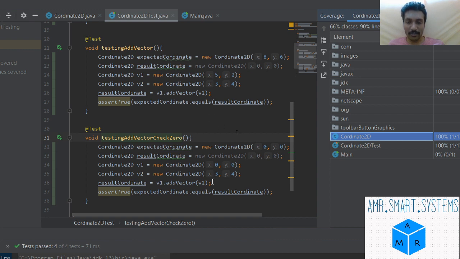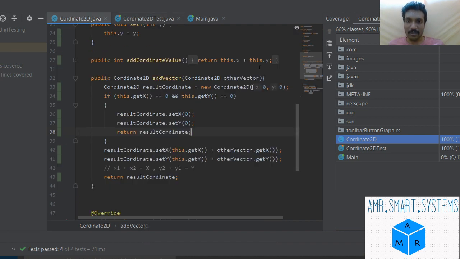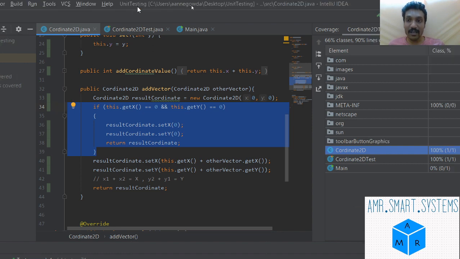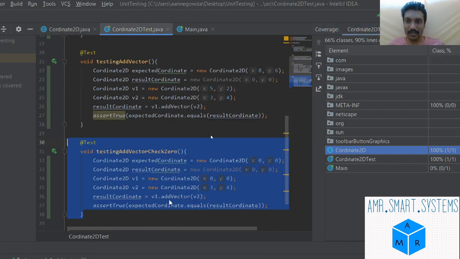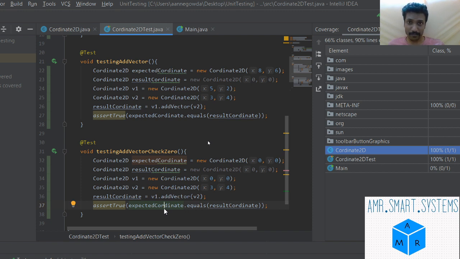Adding this zero check test case to reach 100% coverage is actually an improvement in our code, because this test case would not have been added in our development phase if somebody had not thought that this test case would fail. So it can be easily identified, thus helping to develop corner cases and some of the extreme cases in which the code can flow.